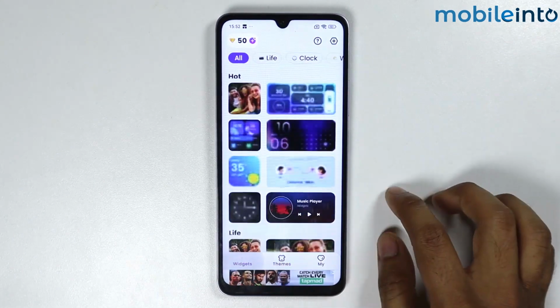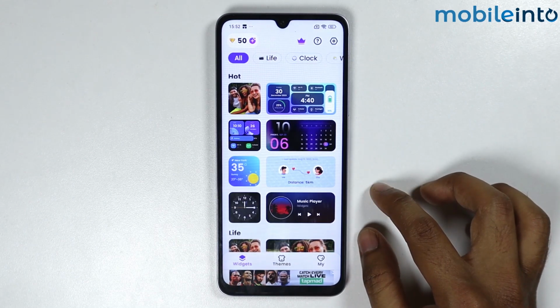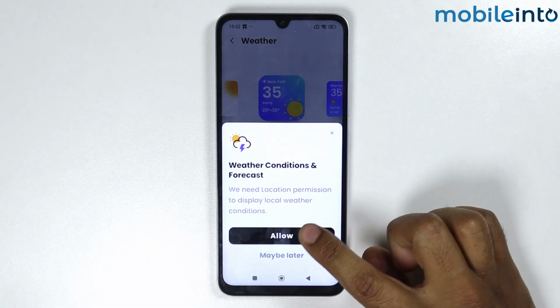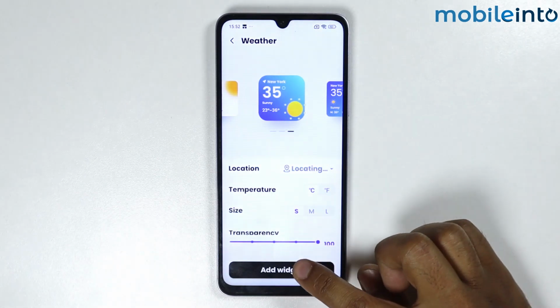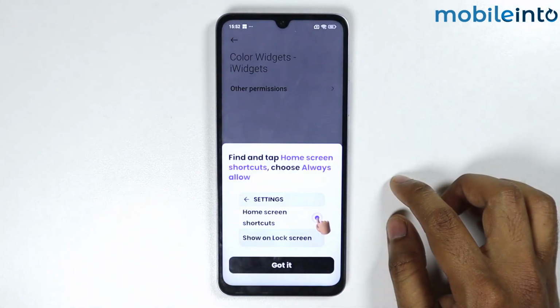go in Widgets. Here you get the multiple widgets. For example, I am selecting this one. Tap on Allow, tap on Add Widget, tap on Allow again,